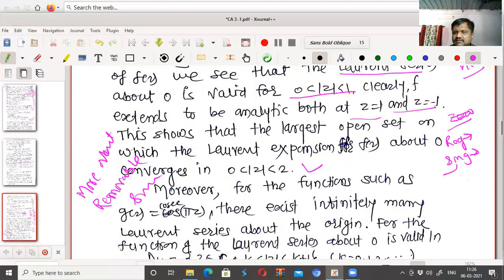Then isolated and non-isolated. Isolated singularity and non-isolated. Isolated means there exists some neighborhood in which the function is analytic. And non-isolated means that for every neighborhood of that singularity, there is at least one more singularity, and therefore it is called non-isolated. Then for isolated we have removable singularity. And then the second part is essential, that we will look after. Okay, so this is about these singularities we have taken here. The remaining part we will take in the next lecture.